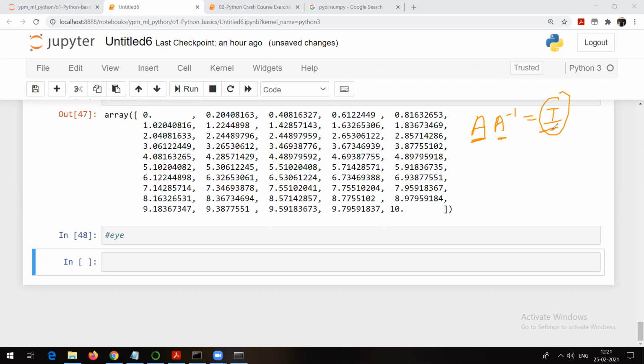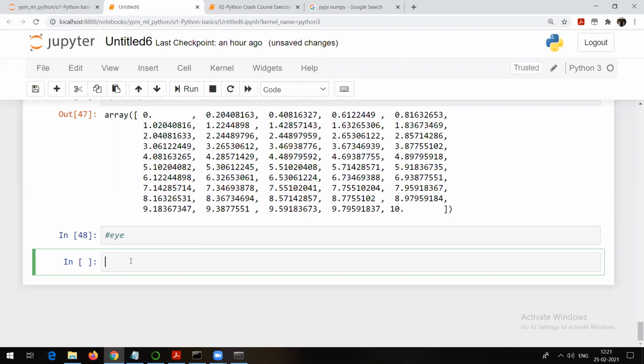These kinds of equations we actually require in some machine learning techniques or applications. And one more use is that with the help of the identity matrix, you can create other matrices and data sets. Like that there are a number of uses.